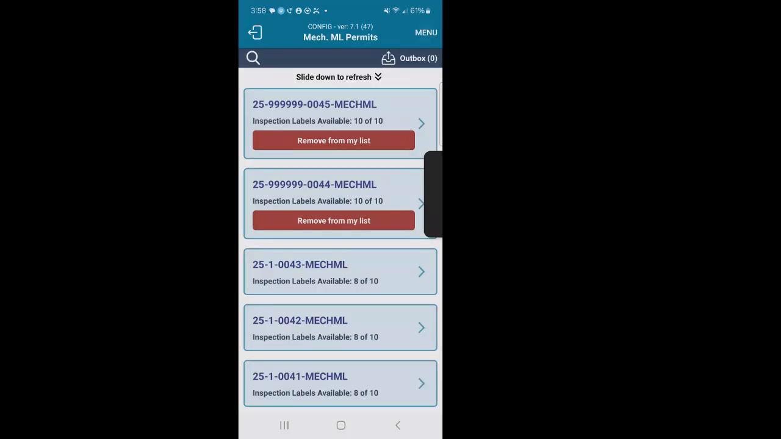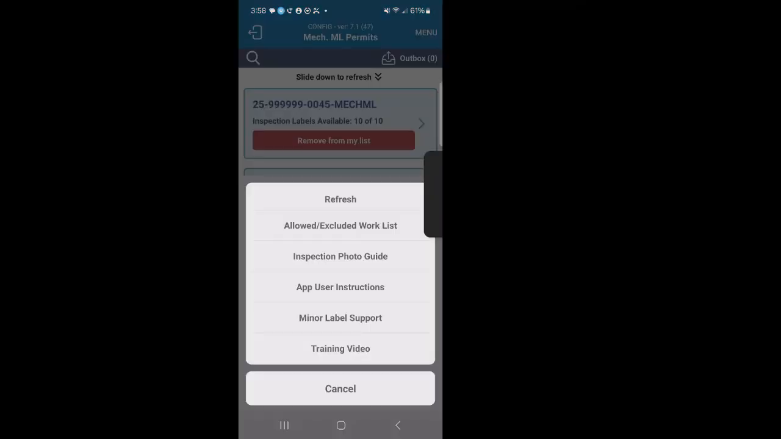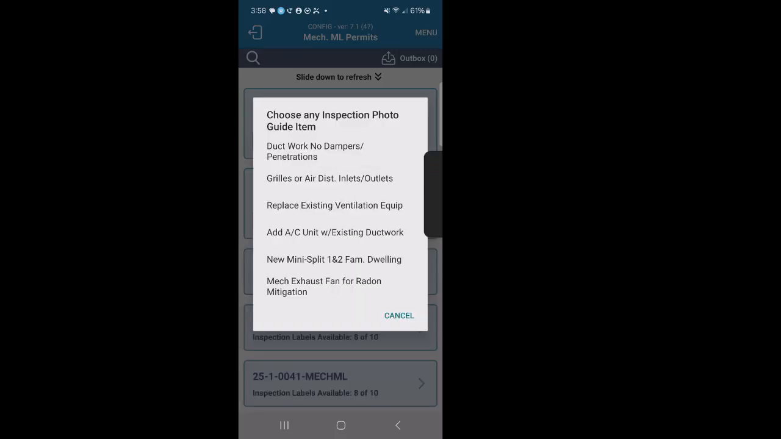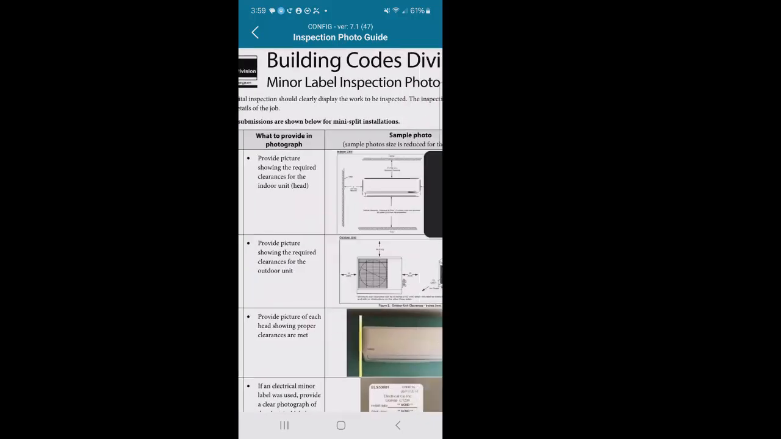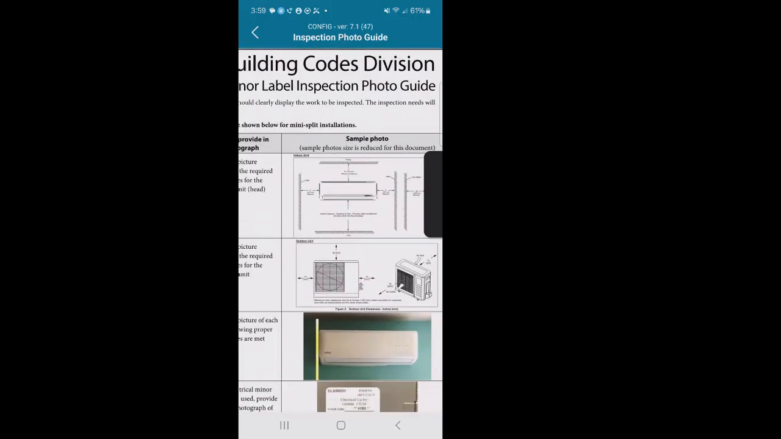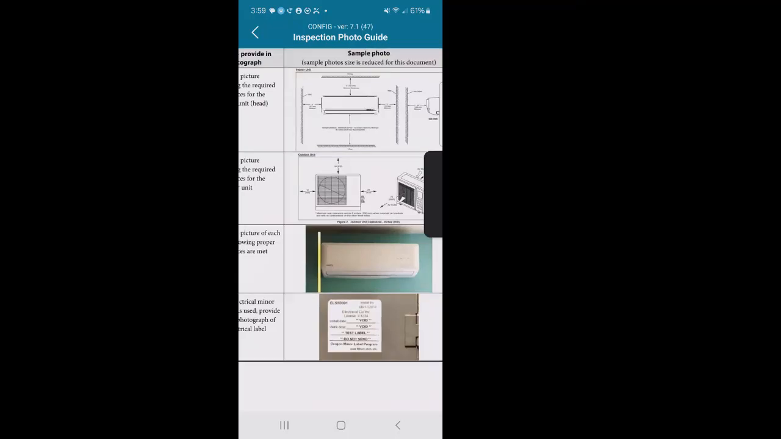I'm going to hit menu again. The next thing that we've provided, under the allowed or excluded work list, is the inspection photo guide. For every one of the 6 allowable installations, we have provided an inspection photo guide. So here, I'm just going to select new mini split 1 and 2 family dwelling. When I do that, it brings up an inspection photo guide that gives you a description of what we want, what to provide in the photograph,